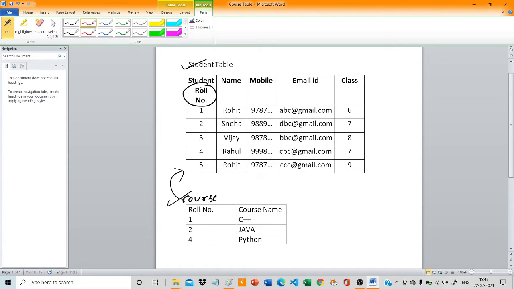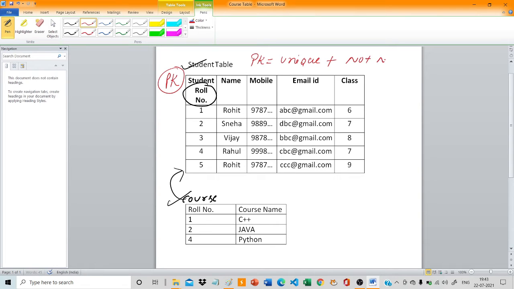So I am going to make roll number in the first table a primary key, PK, that will identify the record uniquely. One more important point: in a primary key, the value must be unique and not null.